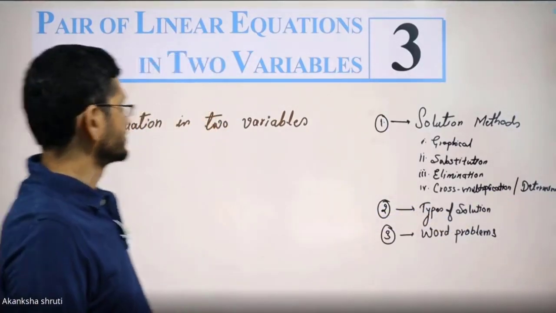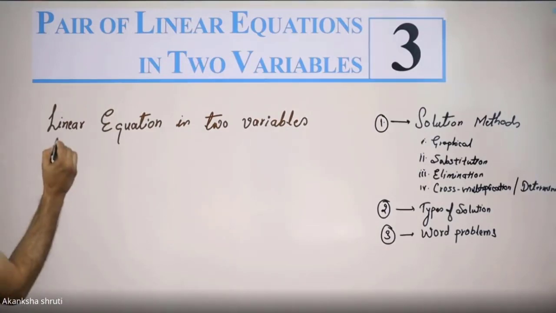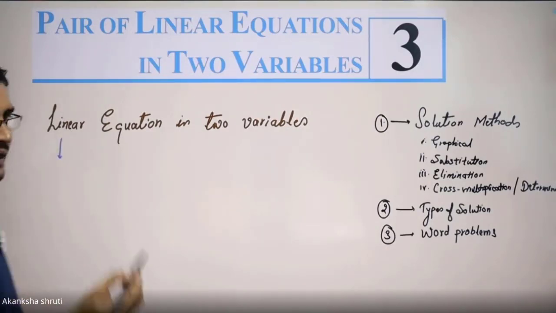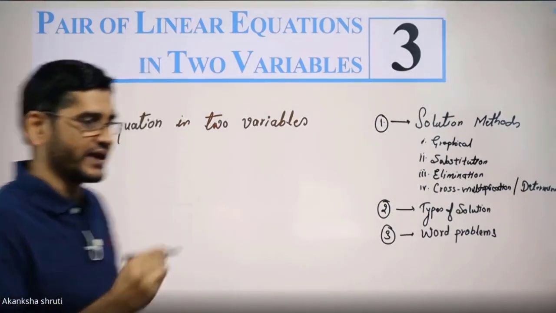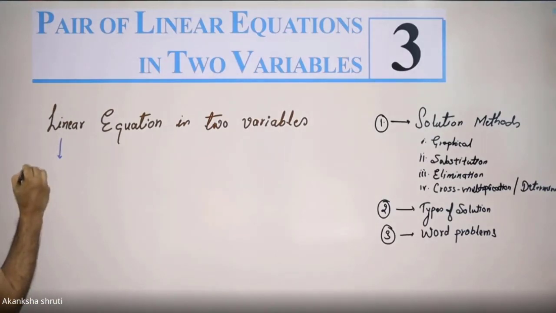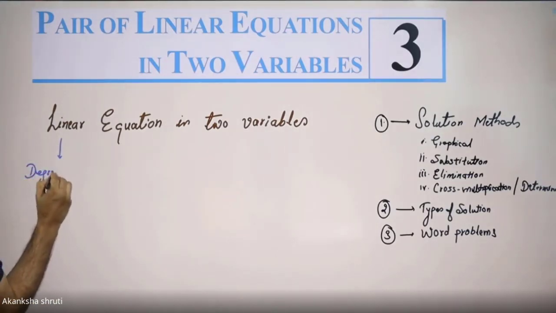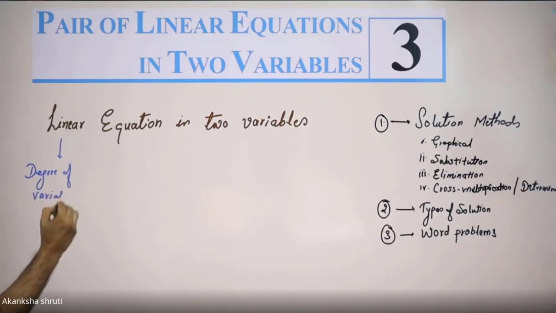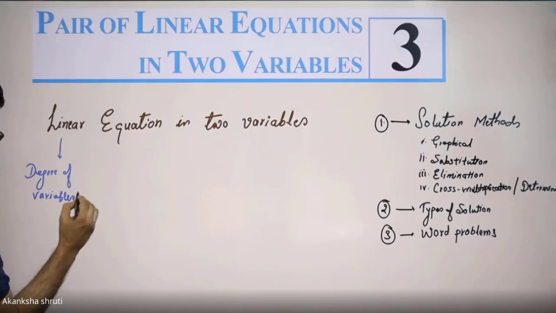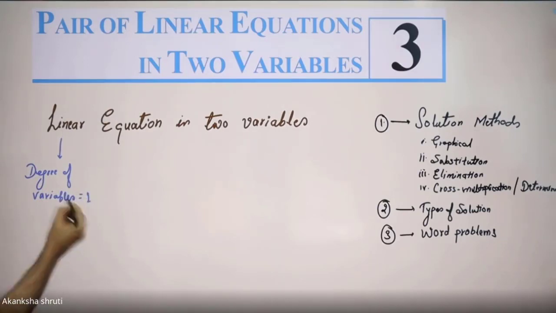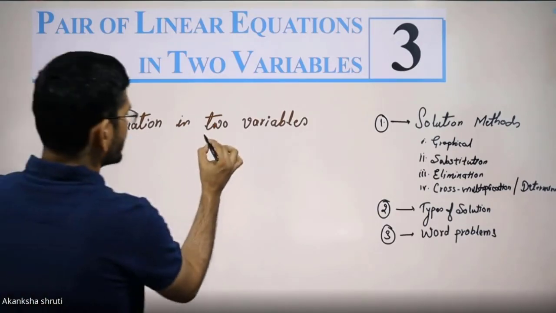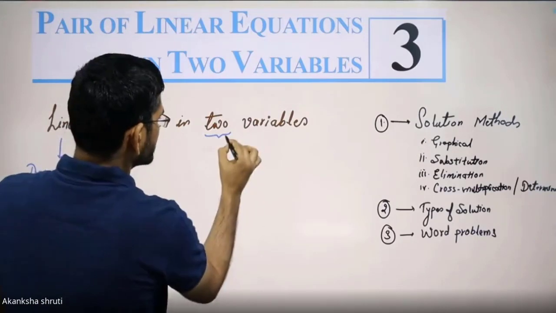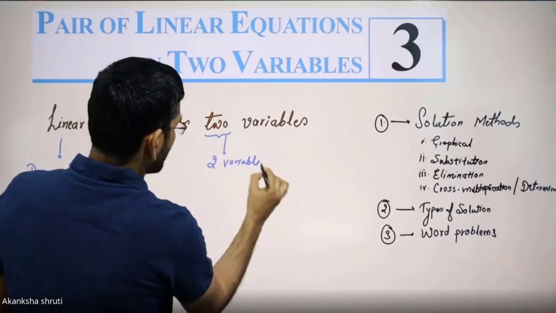These are the contents. The terms linear, quadratic, cubic, that we have already learned in our previous chapter, are the terms which are related to the degree of the variable. So linear simply means the degree of the variable must be one only, or variables must be one and one only. How many variables? It is indicated here. So two variables have to be used.